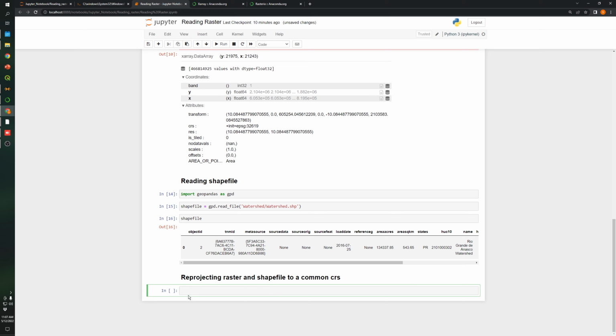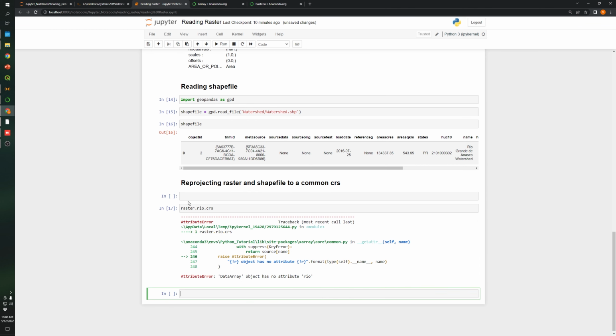The common projection that we are gonna use is 4326. So if we type raster.rio.crs,